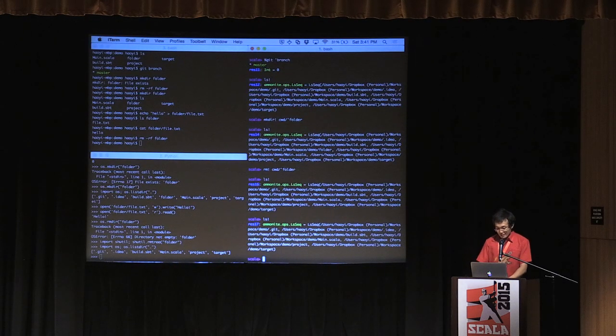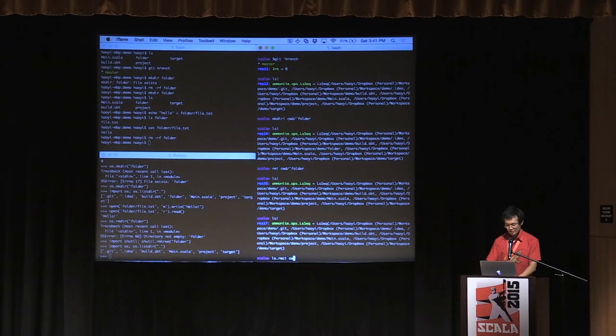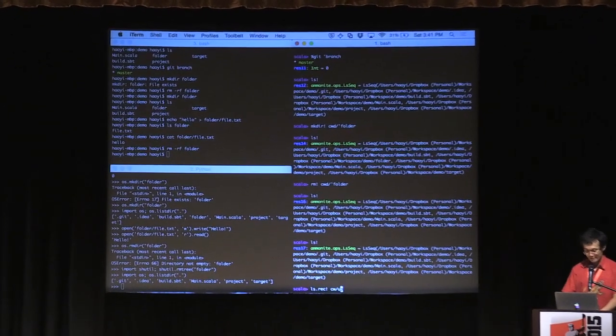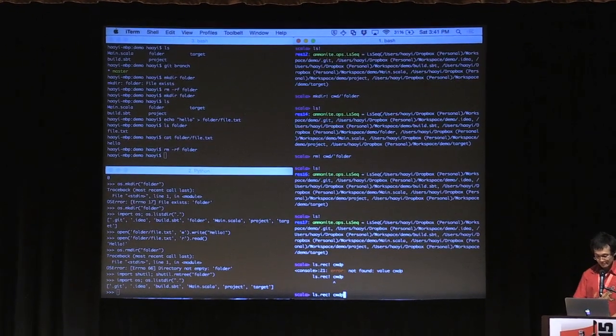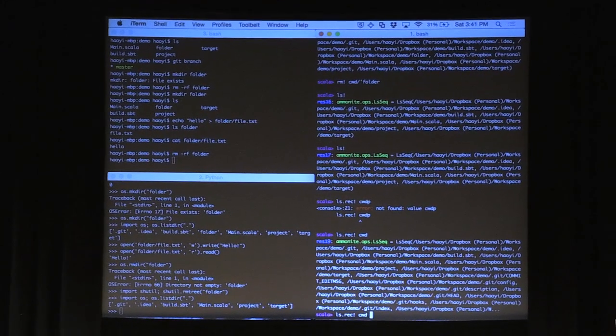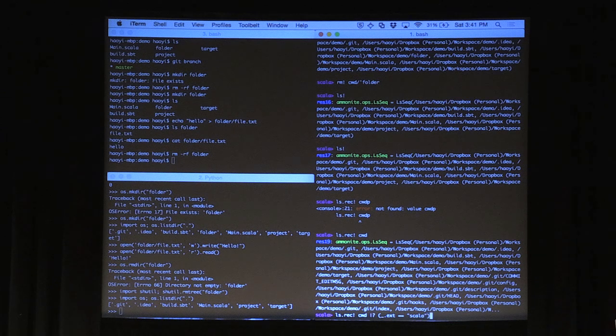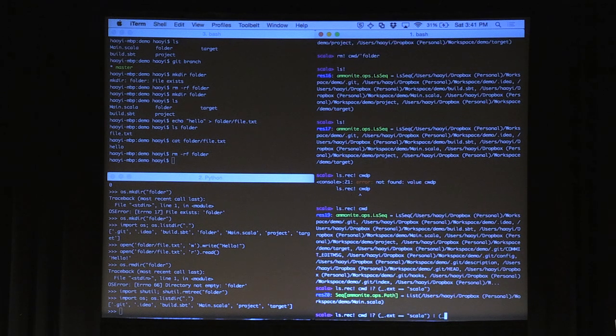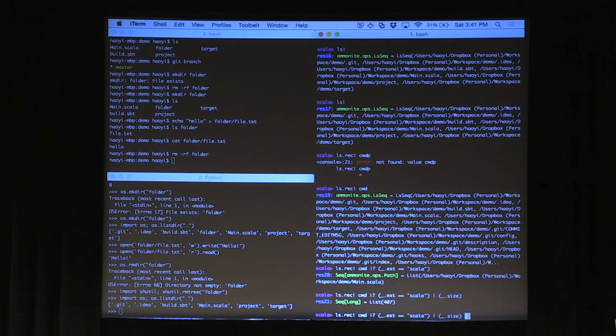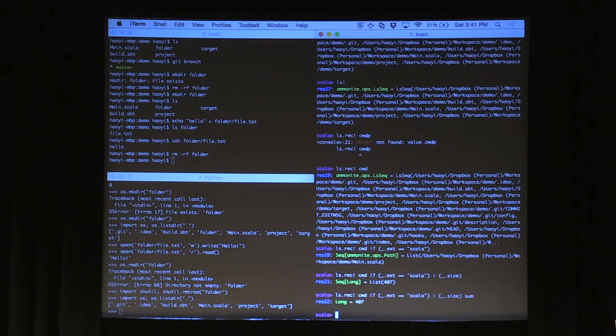So I am in this folder. Let's look at a more interesting folder. So let's do a recursive listing of the current working directory. So that gives a bunch more stuff. Filter x equals Scala pipe dot size sum. So this is something that would take minutes to write if you are doing it using normal Scala file